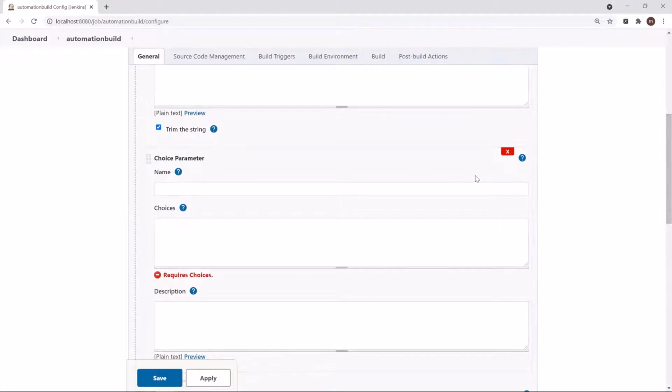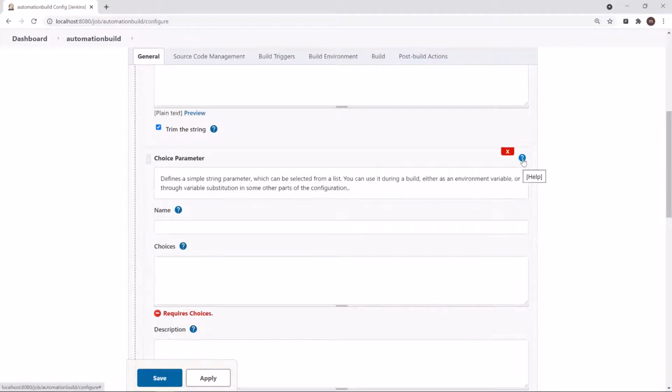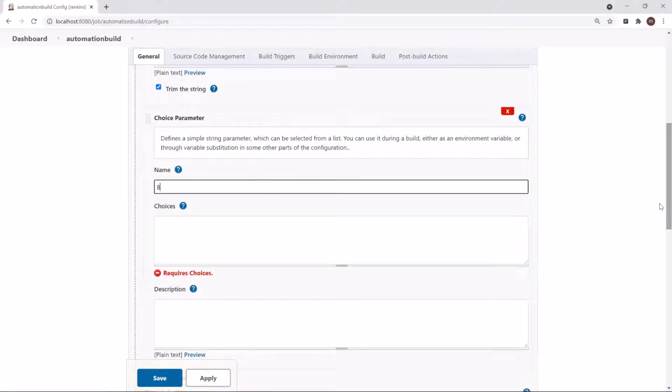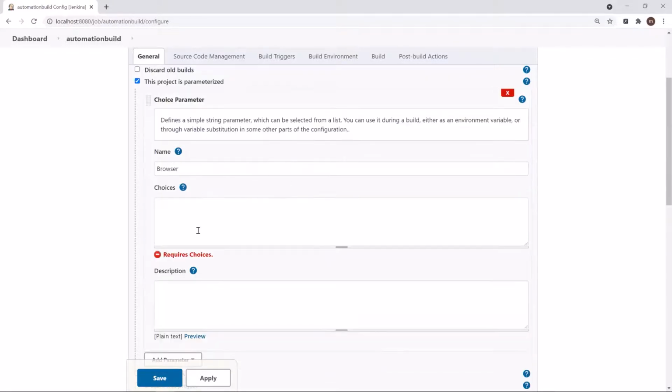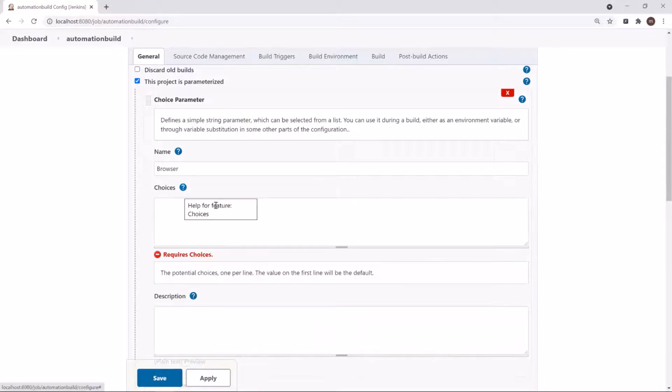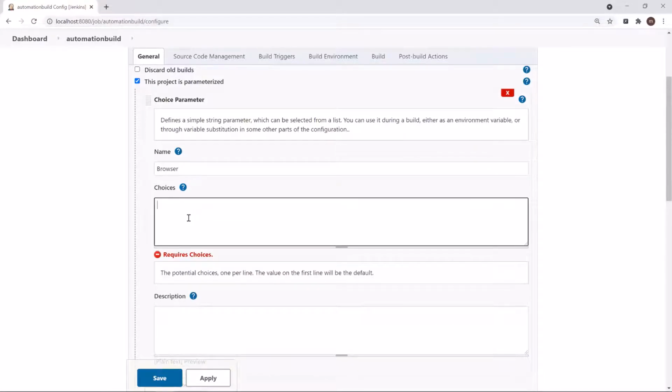Now in this parameter, we'll provide the list of choices to the user. First, provide the parameter name. Here we have an existing parameter with the same name, so let's remove it first. After that, provide the different choices. I'm going to put the values as Chrome, Firefox, Internet Explorer, and Safari.